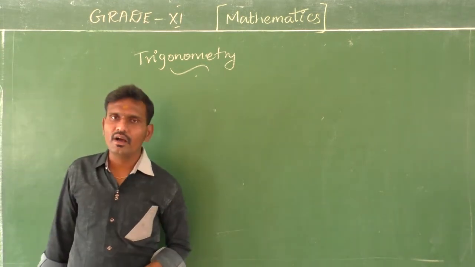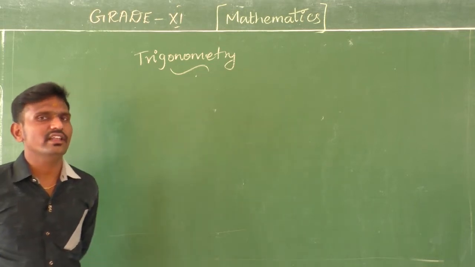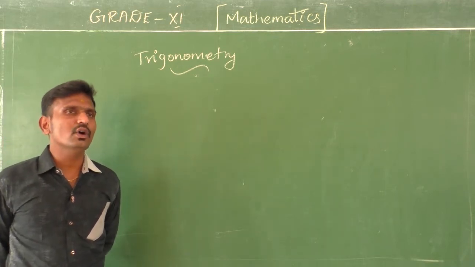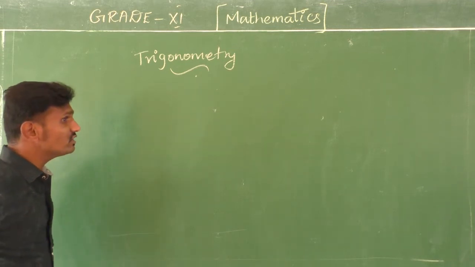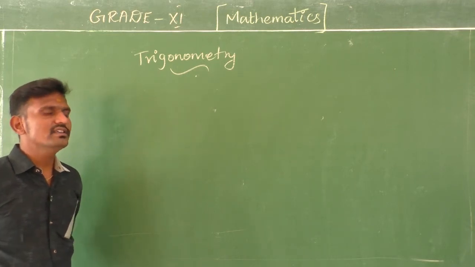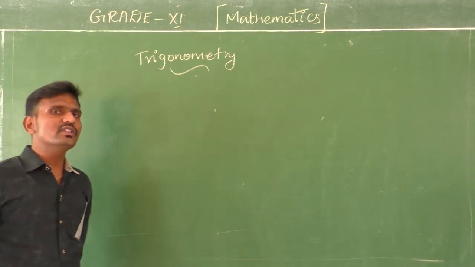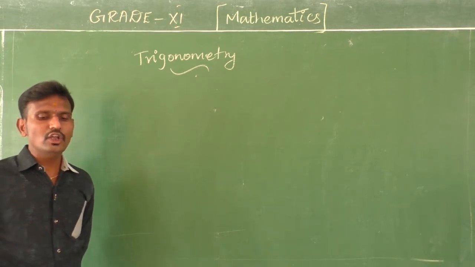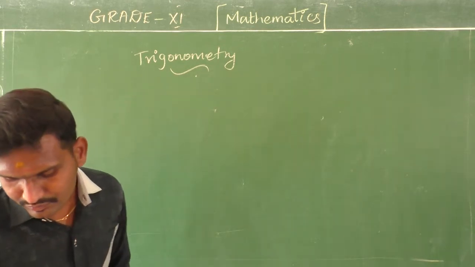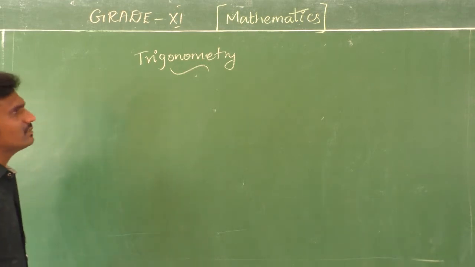So what are the trigonometric identities? You have sin square theta plus cos square theta equal to 1, 1 plus tan square theta equal to secant square theta, then 1 plus cot square theta equal to cosecant square theta. These you studied in your 10th syllabus. Now coming to the 11th, the basic things are cos(x plus y), cos(x minus y), sin(x plus y), sin(x minus y), then tan(x plus y), tan(x minus y). So these 6 formulas are very important. Already you have completed the first 2 types, sin and cos, from your previous questions, and this will come also next year, but I give you the 7th sum onwards now. Okay.